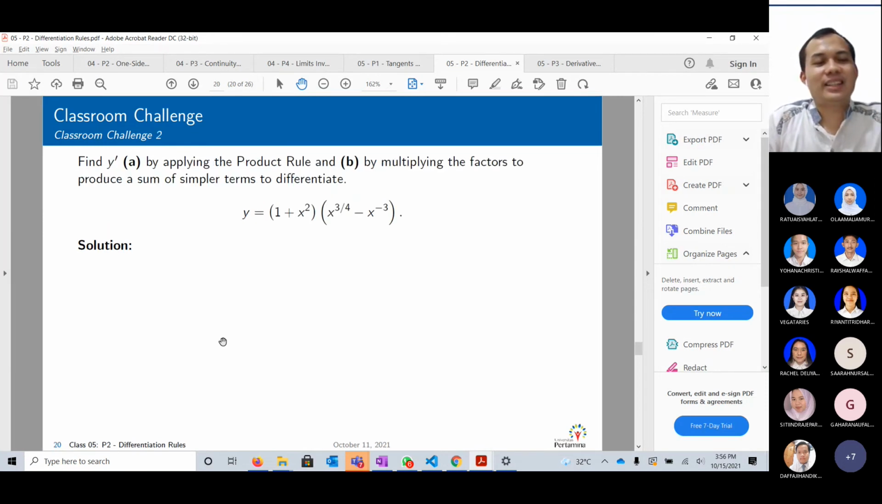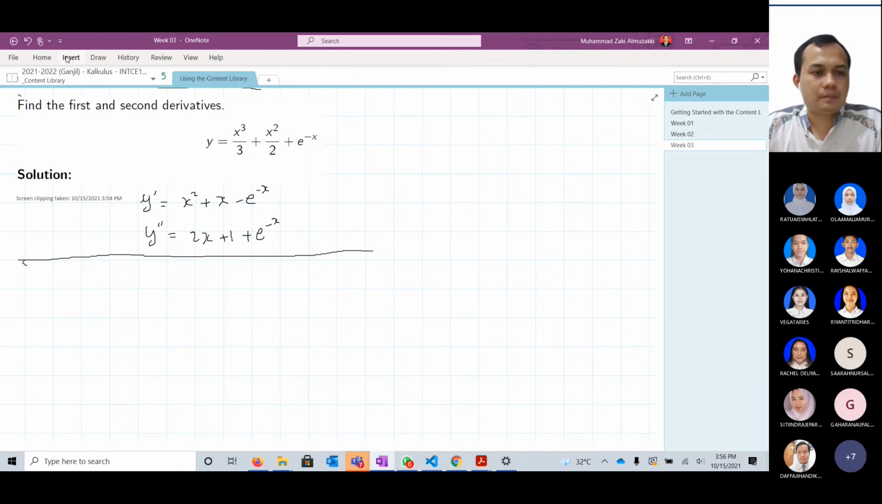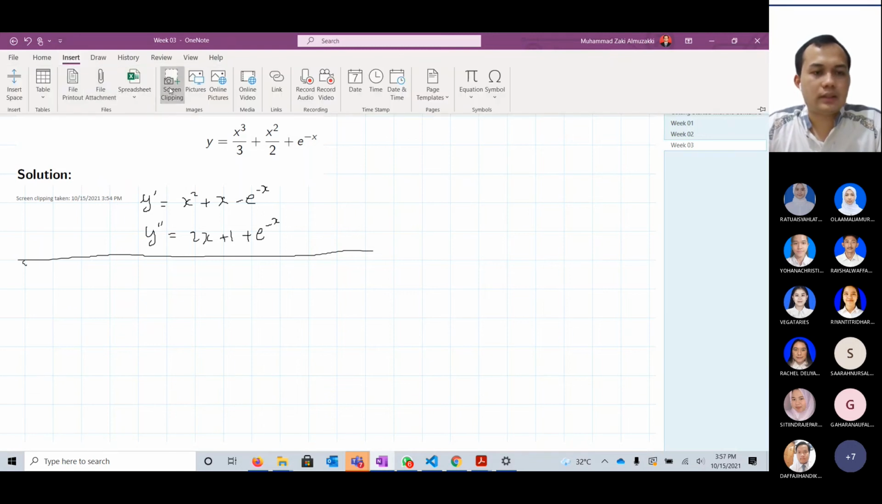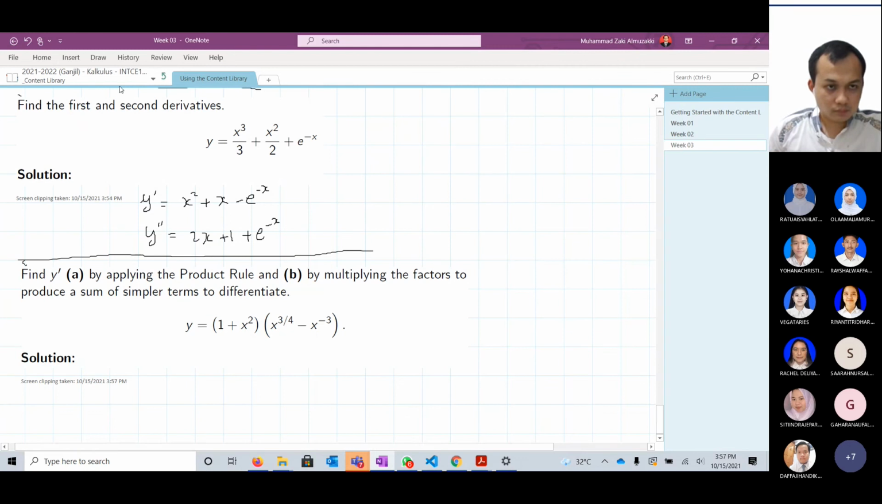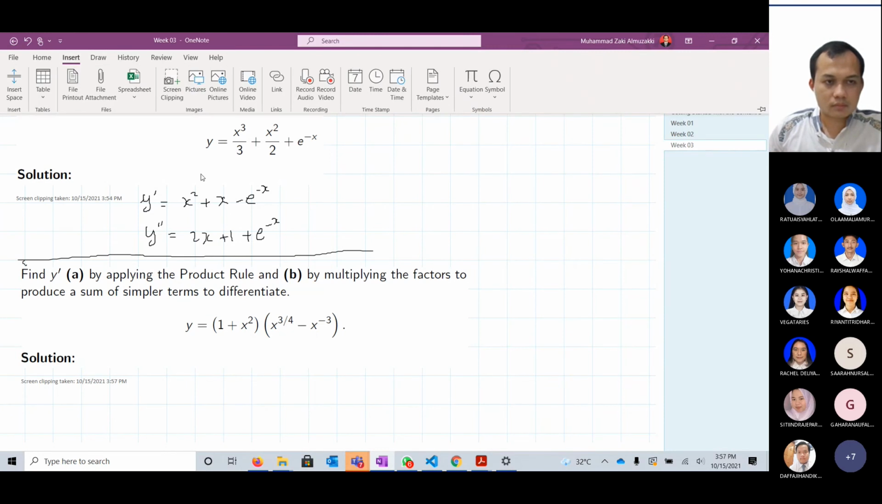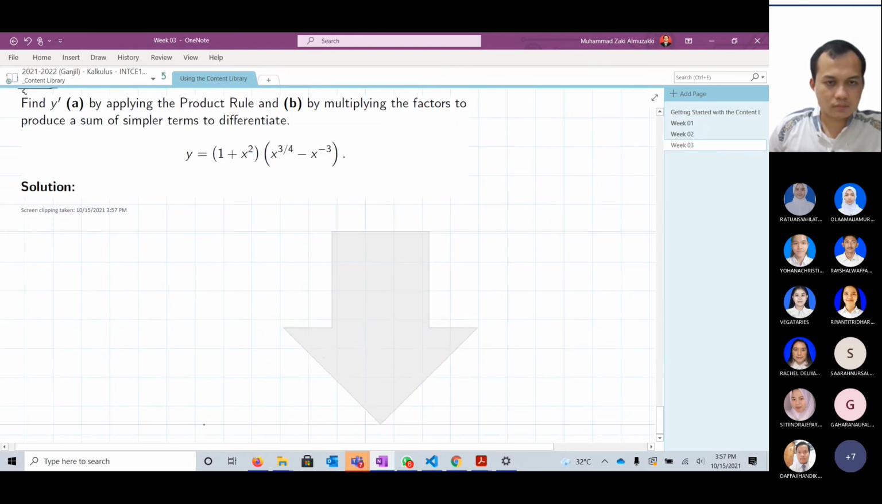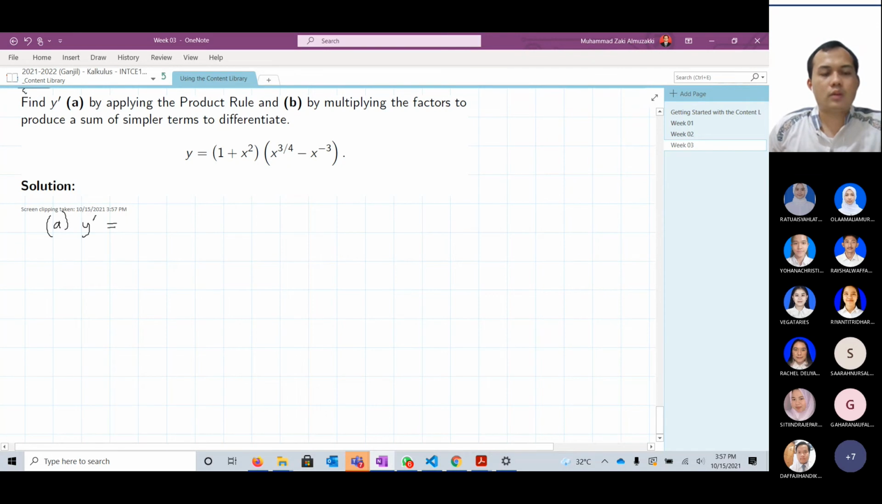Okay. Now the second challenge. By applying the product rule and by multiplying the factors to produce a sum of simpler terms to differentiate, we try to find the derivative. So now by using the product rule, for A, we have that y prime is equal to